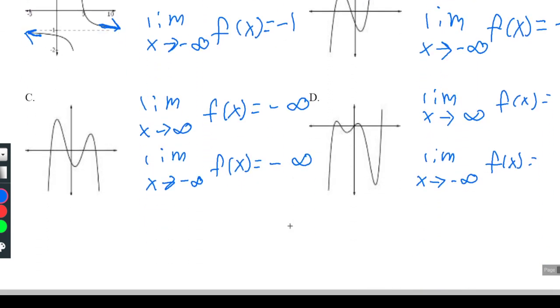Last problem. For D, when x gets really, really big, far to the right, where is it heading? Infinity. And when x gets really, really small, or far to the left, the function's heading towards -infinity. So that is it for our polynomials. We have our lesson 3, the lesson check 3.2 that is assigned, and that is